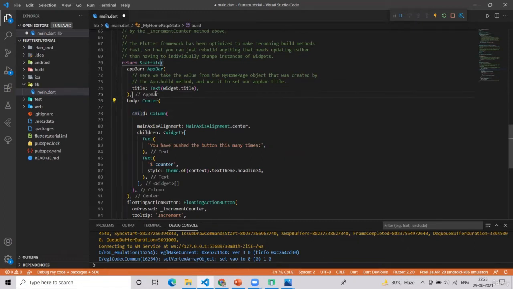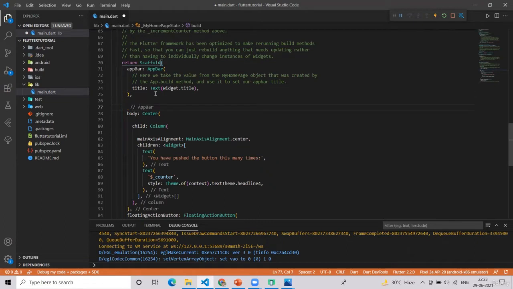Just imagine, I'm writing it here: we have a function called center, and here it might be accepting something as a named argument, suppose a string name. Here it's the same thing, but it's a widget property called child.